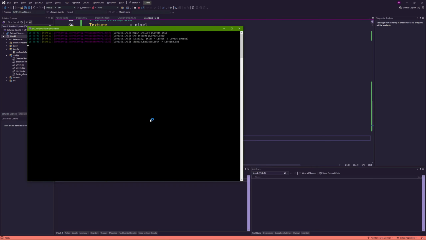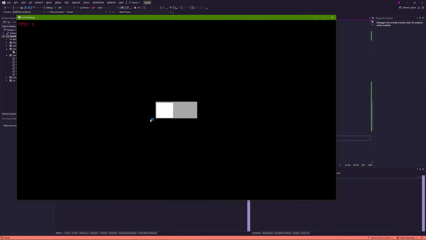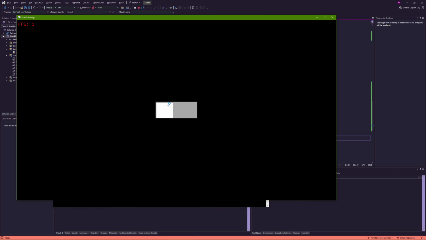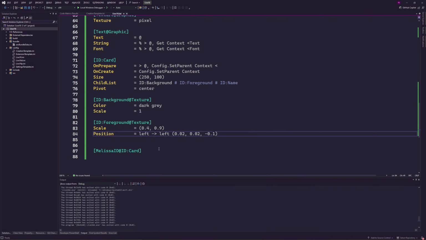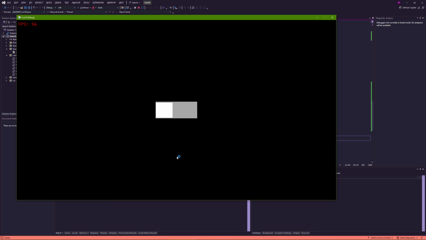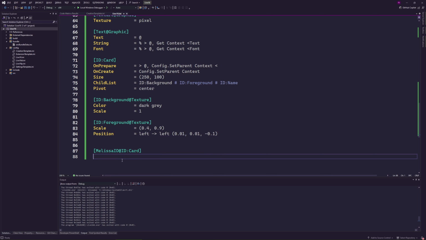Let's try something like this. I'm sorry, I'm just coming up with this as I go. Oh, I didn't give it a color. Well, it's white by default. It's not too bad, actually. The positioning is a bit off, a bit too low, but other than that, it's not bad. So let's see, 0.1. I'm nitpicking here, it's not what matters. Okay, we have our foreground here, but now we want the color to come from Melissa.